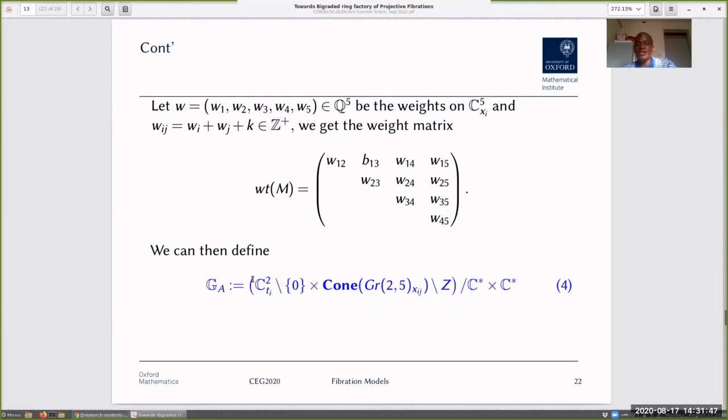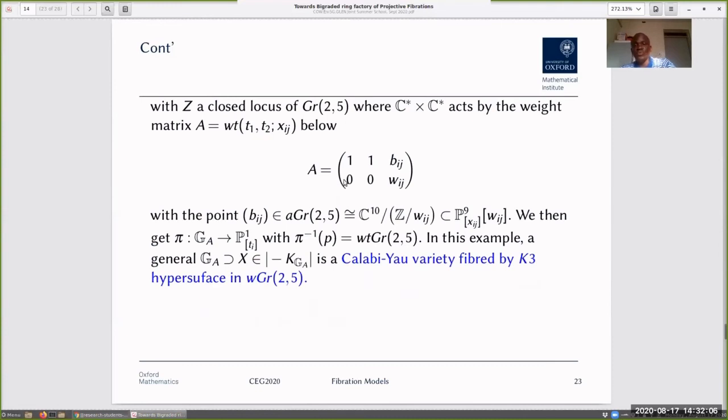So using this, I define G as follows: I change the last punctured affine space by a cone over the Grassmannian 2,5. Then I remove some closed locus. And then I take the quotient of this product by a C-star action, with weights 1, 0 on T_i, T1 and T2. And on X_ij, we have B_ij and W_ij. So W_ij are the weights from the weight matrix that you saw in the previous slide, and B_ij are a general point on the affine Grassmannian. So using this, we have that pi is a